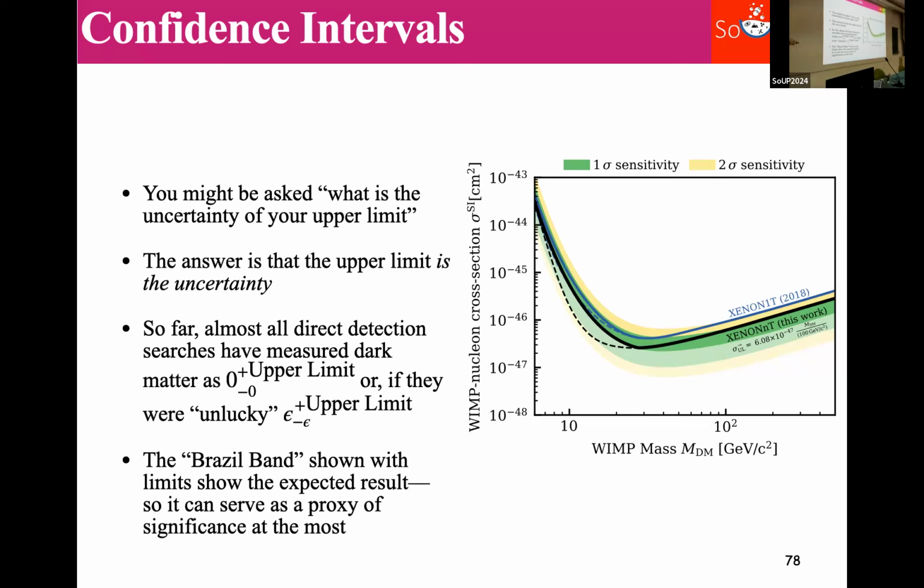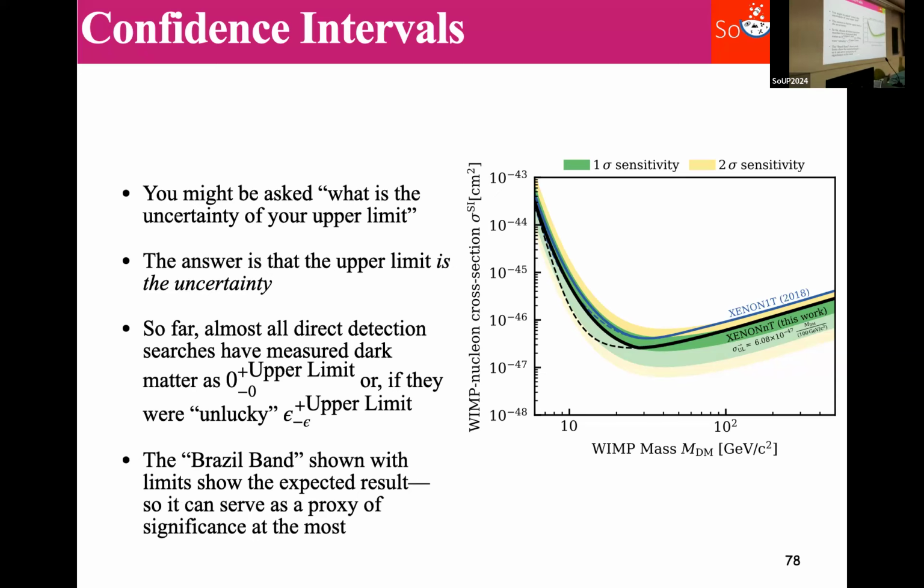If we have a symlog down here, it's at exactly 0. Or sometimes we have a small non-zero best fit. But almost all dark matter direct detection results have been like this. They're either 0 minus 0 plus upper limits, or epsilon minus epsilon plus upper limits. So I would encourage you to never think of upper limits as something that doesn't have a lower bound. Confidence intervals always have two sides. It's just that sometimes that side goes down to minus infinity. It becomes much, much easier to think about these if you never forget this lower edge of your upper limit.